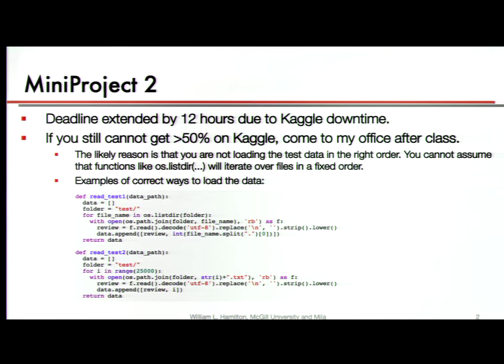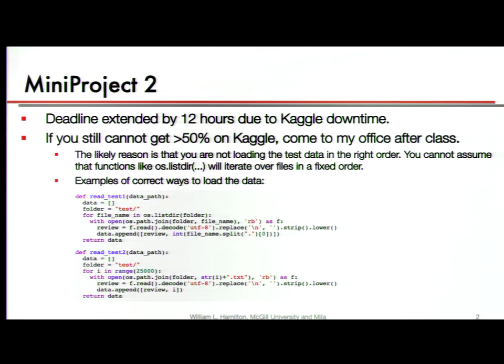The other thing I'll quickly say about this, I posted some hints and clarifications, but I'll reiterate a couple right now, and probably the most important one is that if you're submitting things to Kaggle and you're getting around 50%, it basically looks like you're doing random. It's probably not that your model's broken, it's probably that you're loading the data wrong. This has been an issue that's come up a few times, and at this point the assignment's due at the end of this week, and it's probably good to move beyond this data loading issue. So if you're still having trouble with this, I'll talk to you after class today. I can talk to you in my office, so I have extra office hours just for this issue.